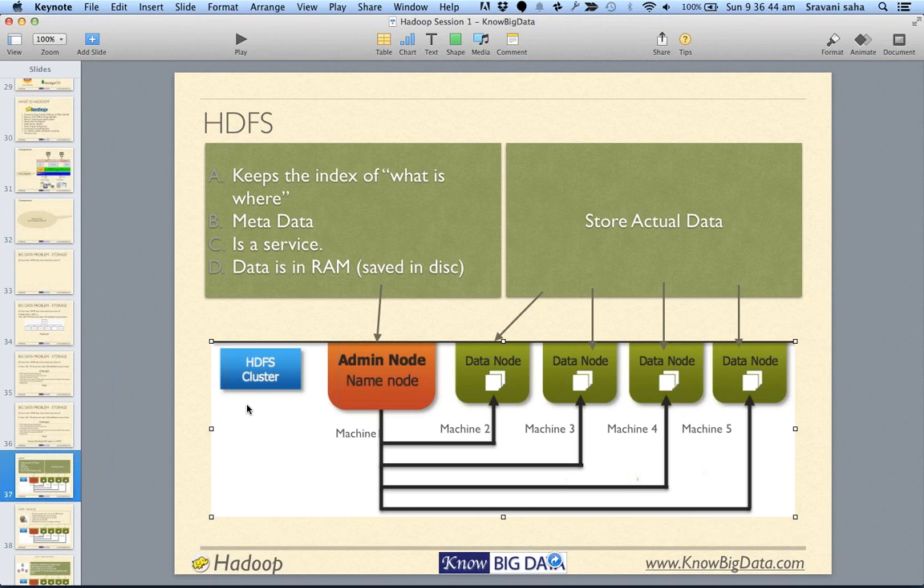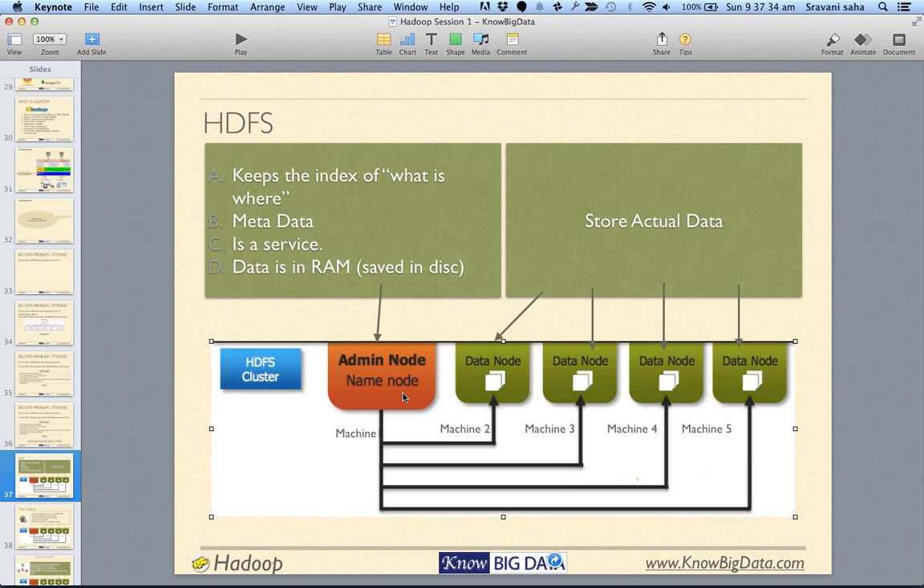A name node stores the metadata, as in the information about what the folders are, what the permissions on the files are, and what the names of the files are. All of this information is stored in the admin node. The actual data, the content of each file, is stored on data nodes. Somebody was saying that you have to have something called an index. So the role of the admin node is sort of an index, which tells you